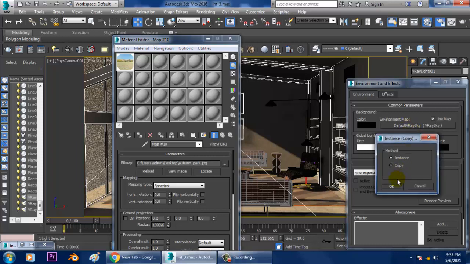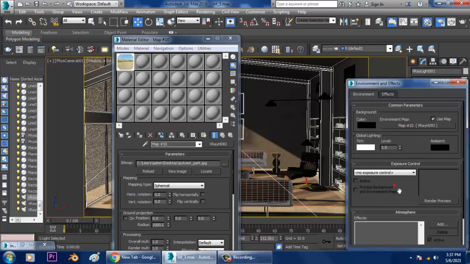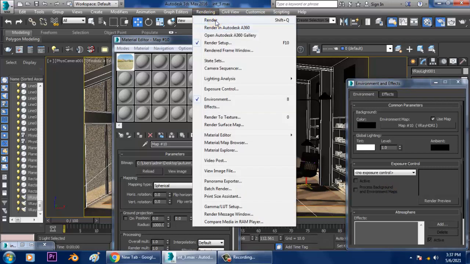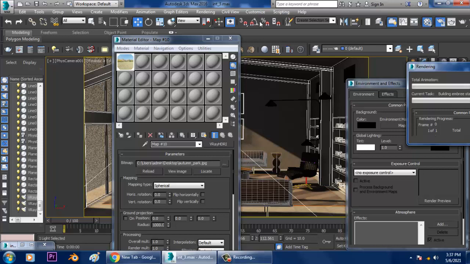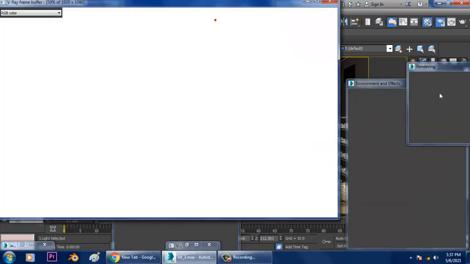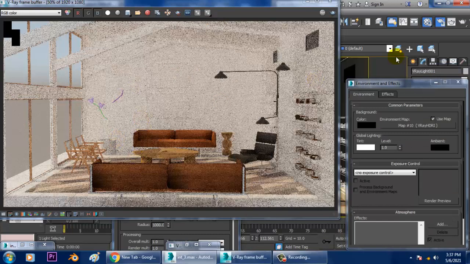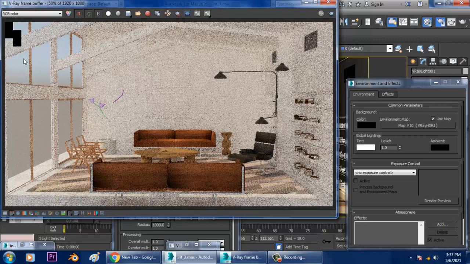Just drag an HDRI over here. That's it. Let's render and see. Or save your file.